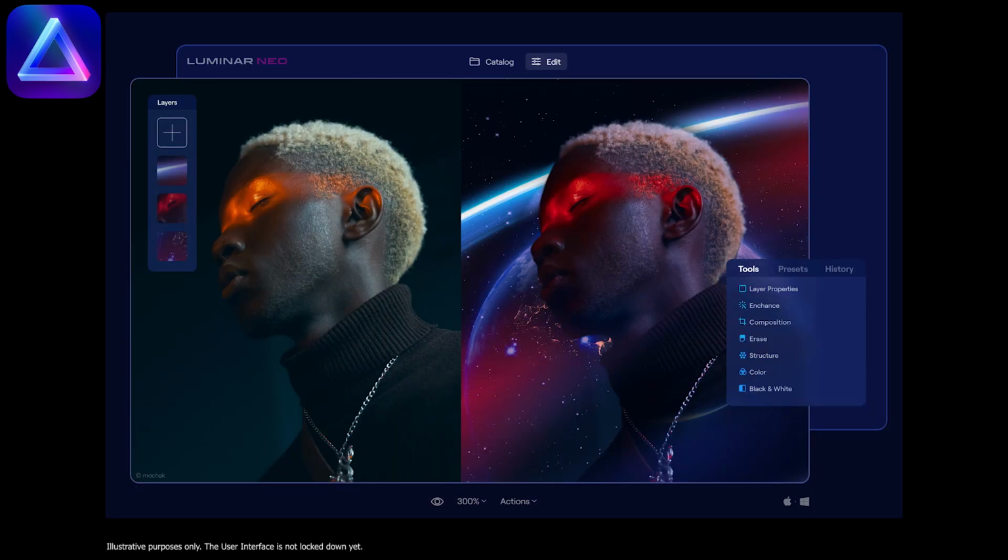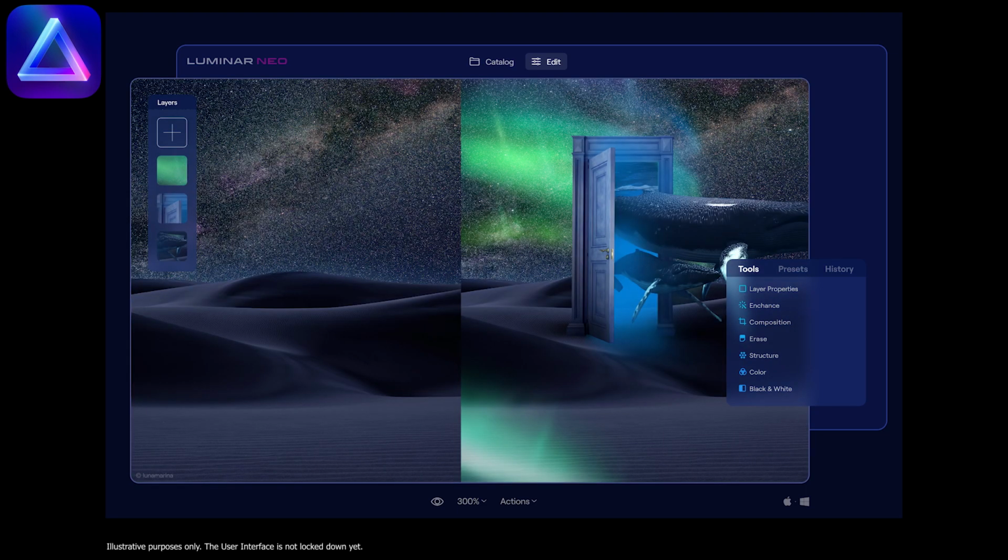Next, we're moving on to the layers, or moving back into layers. And this, to be honest, is a godsend. Bringing back layers is one of the best things I think they've done in a long time, because of the editing possibilities with this. As you know, it is a creative editor. I'm going to state that again. It's a creative editor. But I'm also sure that I can use this with some of my landscapes as well, just depending on what it is I want to do with them.